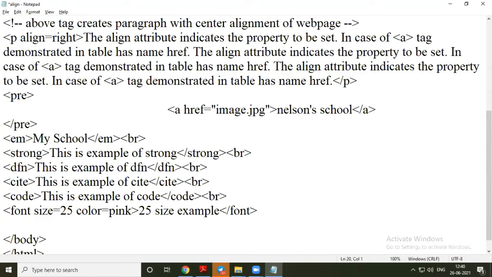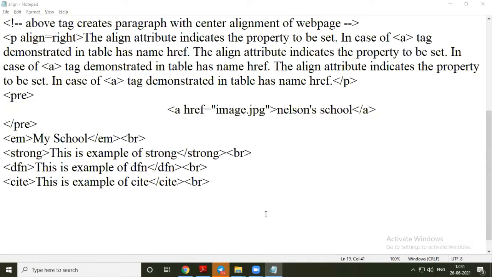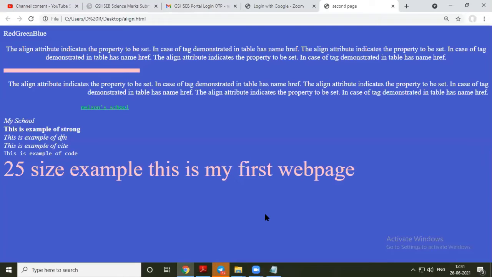Let's see. And I am removing this. Okay, like this.